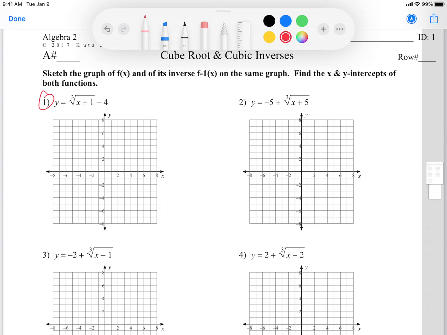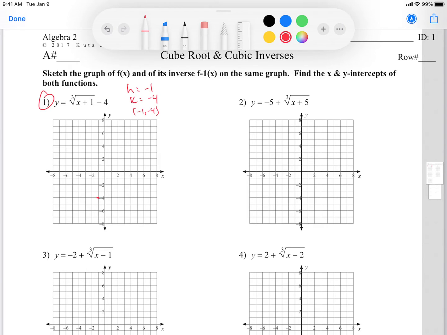All right, so for 1, we're asked to sketch a graph of f of x, or this initial problem, and its inverse on the same graph. And then we want to find the x and y intercepts of both. Okay? So for this one, again, this is the cubed root, right? I'm going to go to the left 1 unit and then down 4. Okay? No reflection, no expansion, nothing like that. So my h is equal to -1 and my k is equal to -4. Okay? So hk should be at -1 and -4,